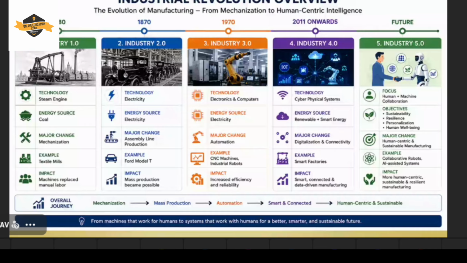So the 1970s experienced that revolution, and from 2011 onwards we are witnessing a humongous application of a bunch of emerging technologies.